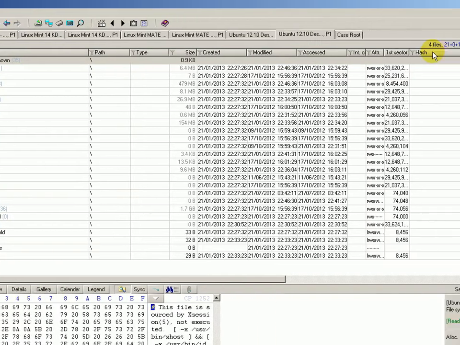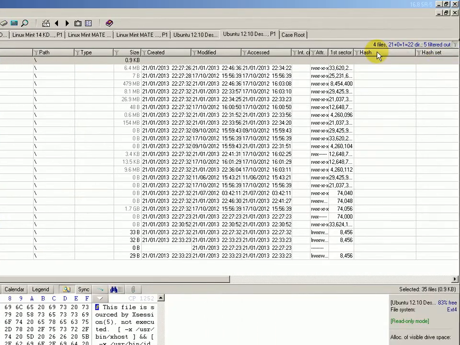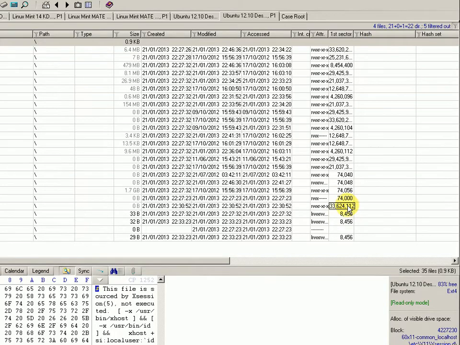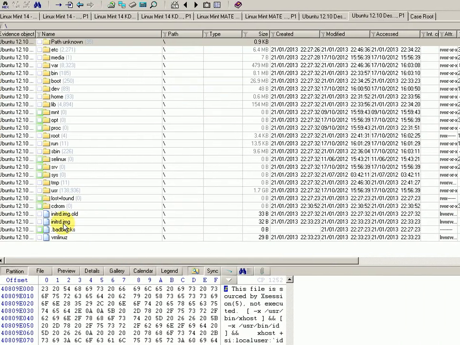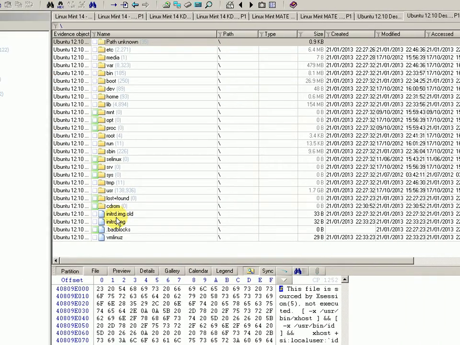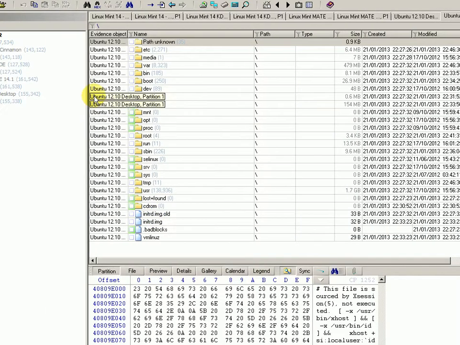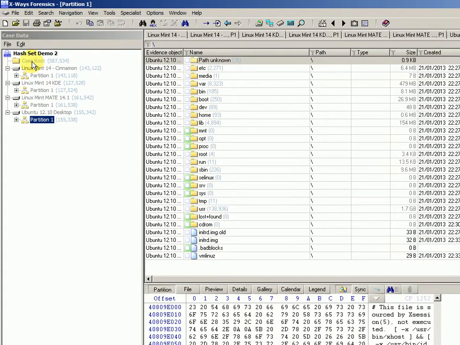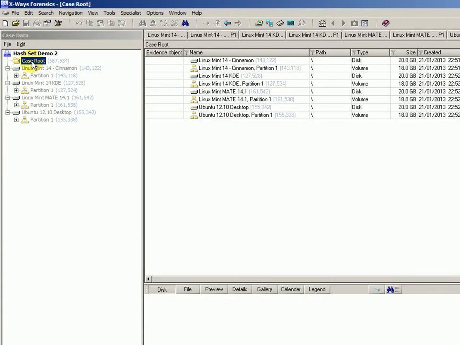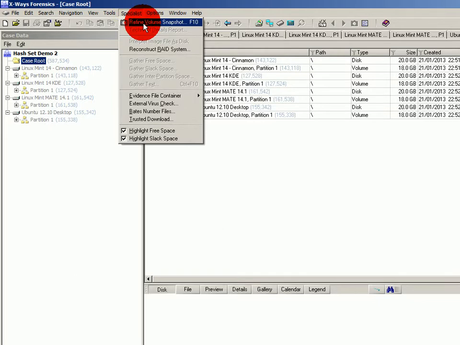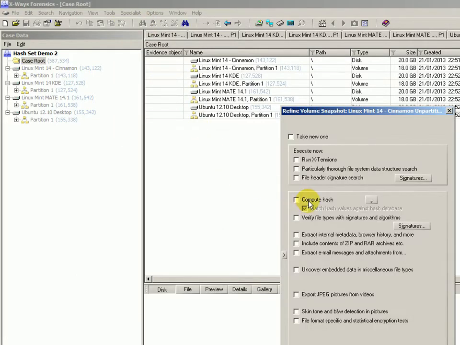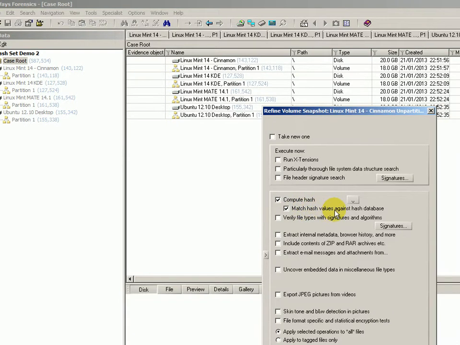from the case root, if we go Specialist, Refine Volume Snapshot, what we can ask it to do is compute the hash and match the hash against values in a hash database. And in this case, of course, we're going to ask it to do it for all forensic images, though I could just choose that one and that one, or that one, or that one, or all of them. Click OK to that,